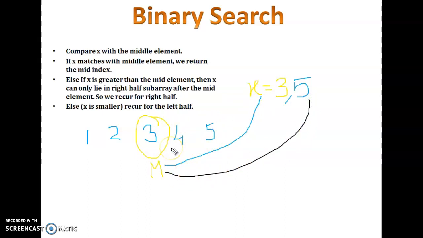So if I take it like this, 5 is compared with 3. So here the key element is greater than the middle element. Then it says that you are going to search only the right part of it, so you will be leaving the left part. So the list that you have right now is 4 and 5. And if you consider the middle element over here, I'll be getting it as 4. So I'll be making a comparison between 4 and 5 now.